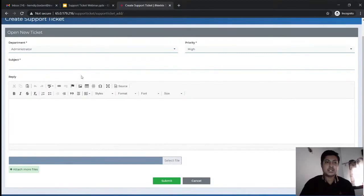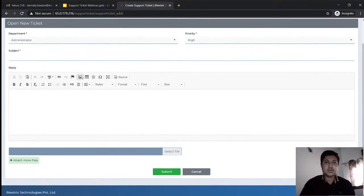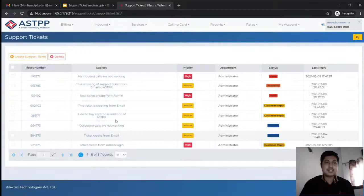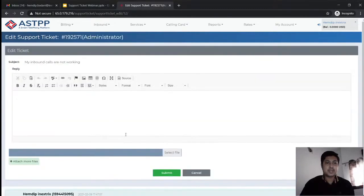So that is the only change. All other things will remain the same. So instead of creating the same ticket again, let's check the reply to customer from the customer panel. So I am clicking here, so it will open my ticket, and from the customer side I can reply to a particular